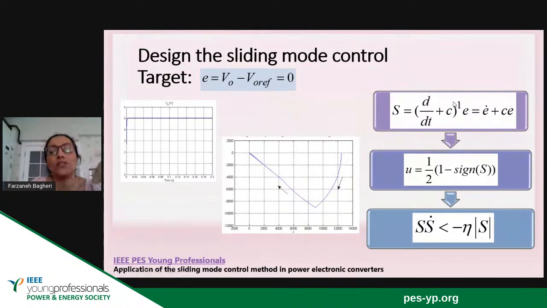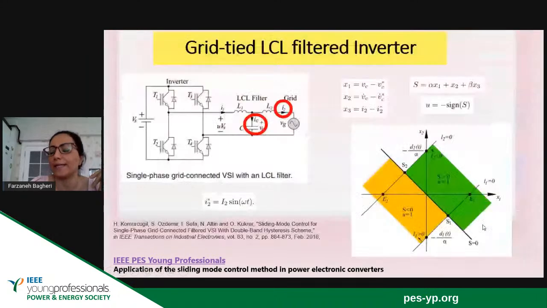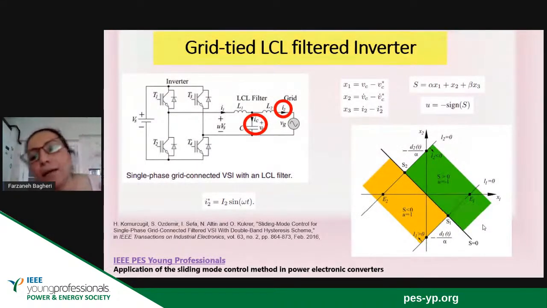But if you decrease the value of C, the reaching phase will last longer. How can you find the optimized value for C? You should find the stability analysis of S dot less than minus eta magnitude of S. So after this